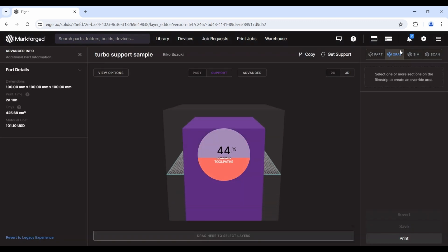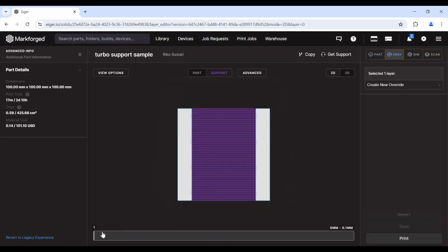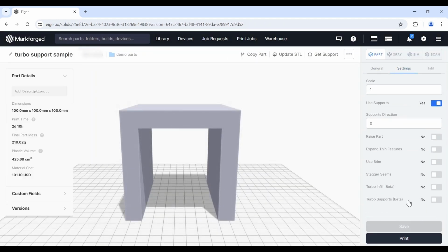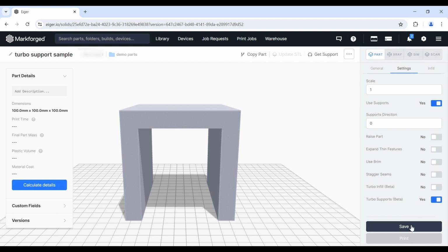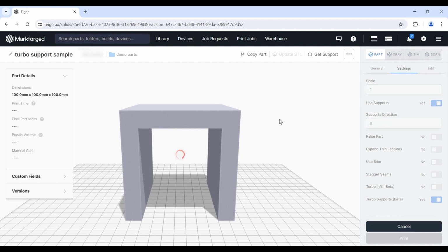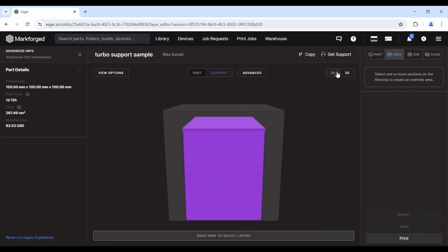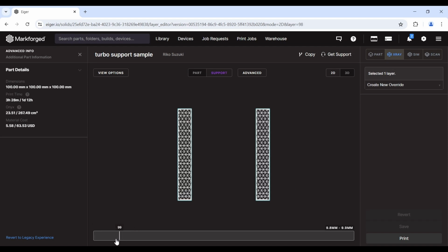And looking at the X-ray view, you can see that this is how traditional supports are printed. The support structure is very close together. And going back to part view and under settings, I will turn on Turbo Supports and click save. Now going to the X-ray view, and with Turbo Supports turned on,